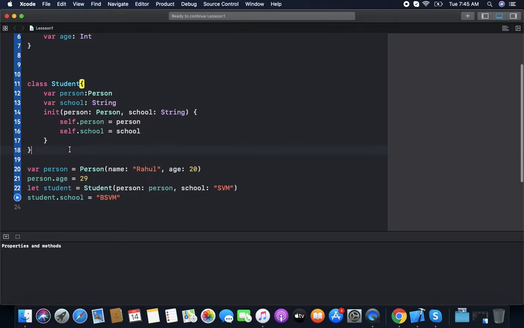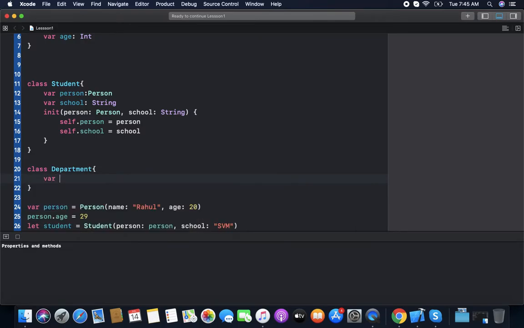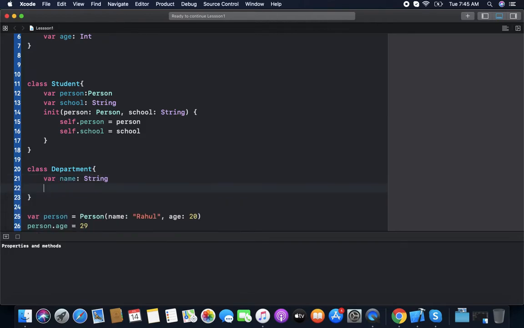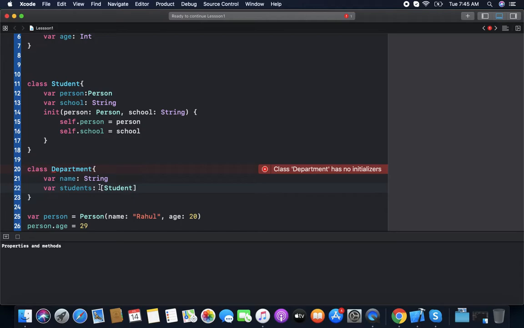So now we have a class Department, which has a name, the department name, and an array of students.